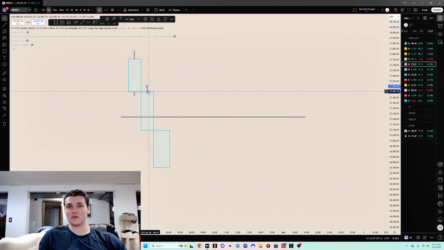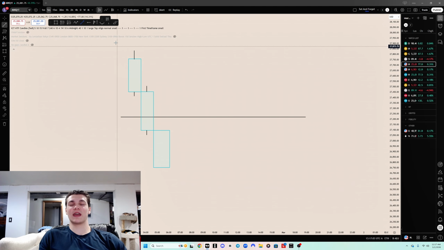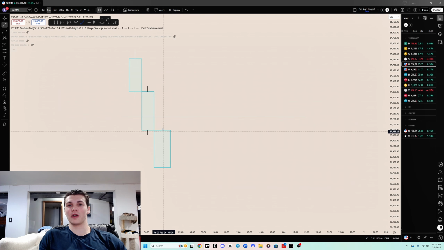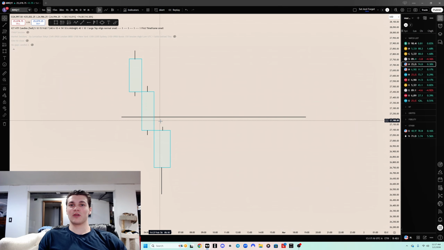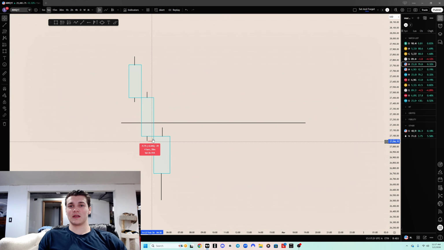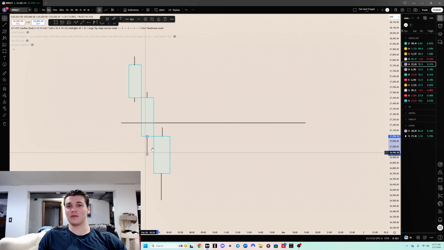I keep thinking I'm just talking to people that already know how to trade this, and I'm not. Soon you will, though. Let's just pretend candles are aggressively going lower and lower and lower, creating barely any wicks, which they can. They can create wicks, you know. Oops, sorry, my camera's in the way. They can be creating wicks like this. It doesn't have to be small wicks. It can be any size wick, but